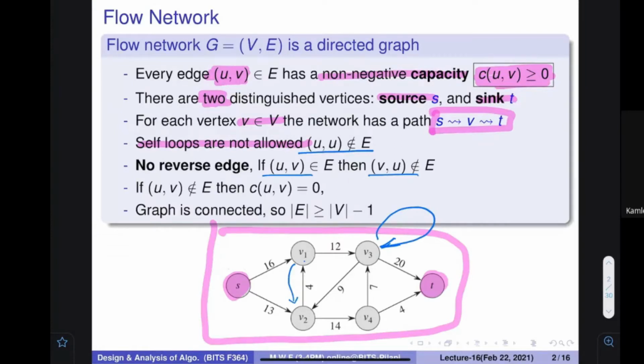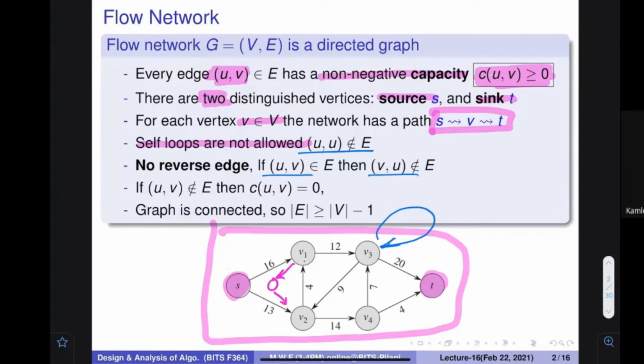However, if there is such a case, there is a technique for it. For example, let's assume there are two paths between two nodes, and also there is a reverse link. Then the solution says you can add one more node over here, so that things come from here and go to here, and by this you can utilize the same thing. Make sense? I'm saying both direction edges are not there just for the sake of safety in the computations. Otherwise, the value can become negative, and therefore it's not a good idea.